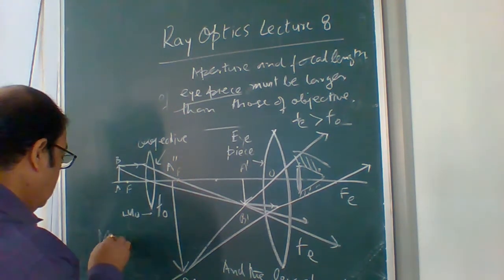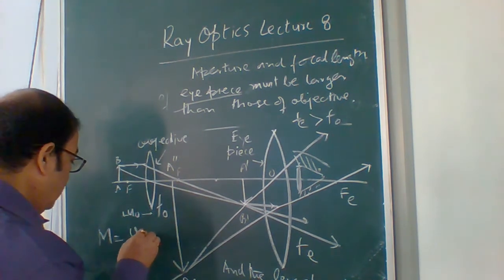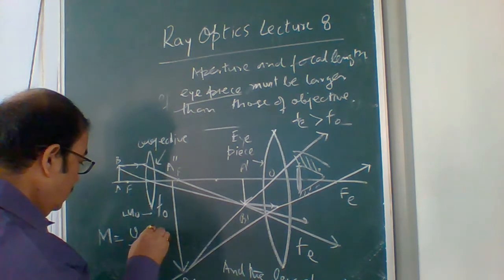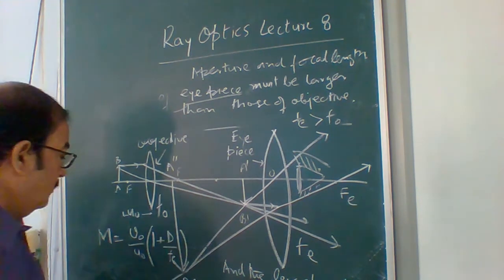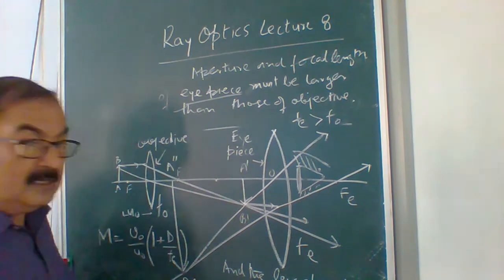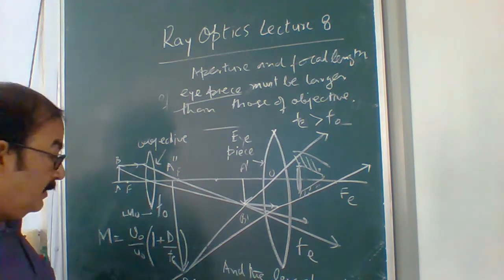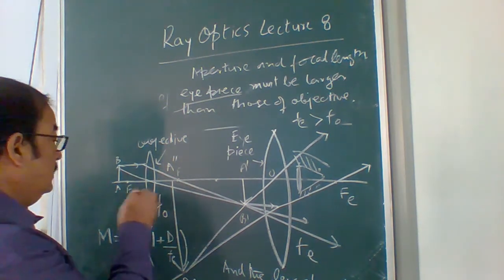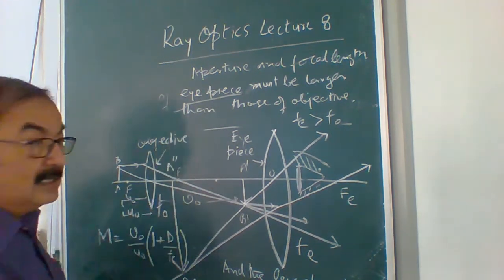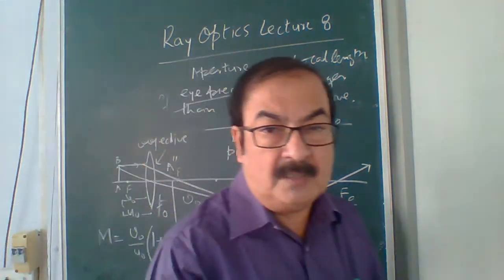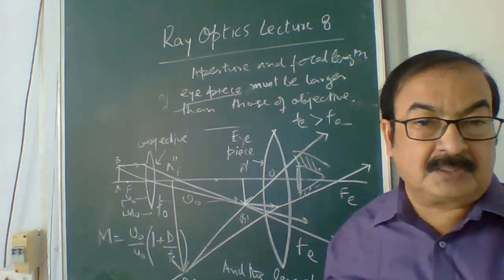और इसमें क्या हो जाएगा, जो मैग्नीफाइंग पावर में जो हम लोग फॉर्मूला देखते हैं, when final image is obtained at least distance of distinct vision, equal to v_0/u_0 into (1 + D/f_e). तो 1 + D/f_e तो आपने ऑर्डिनरी सिंपल माइक्रोस्कोप में भी देखा, यहाँ पे जो एक्स्ट्रा आ जाता है v_0/u_0, v_0 ये डिस्टेंस है और u_0 ये डिस्टेंस है. ये डेरिवेशन आपको कोर्स में नहीं है, लेकिन आपको मालूम होना चाहिए कि मैग्नीफाइंग पावर का डायरेक्ट फॉर्मूला है. ये डायग्राम ही इसमें पूछे जाते हैं और कुछ नहीं पूछते, ठीक है.